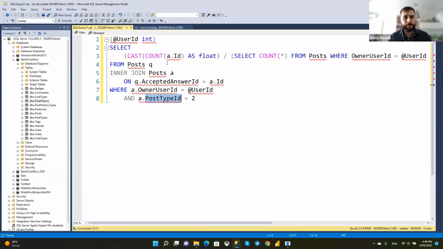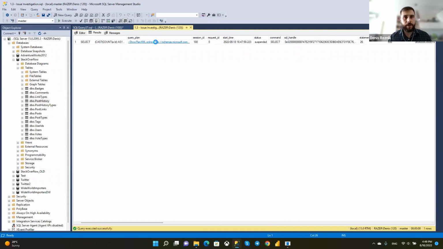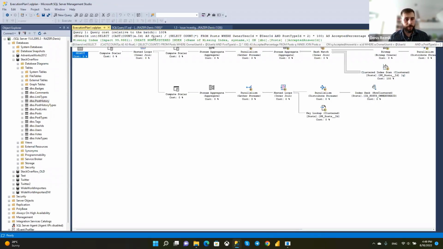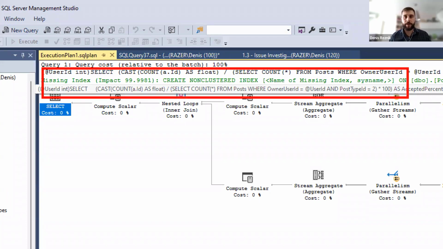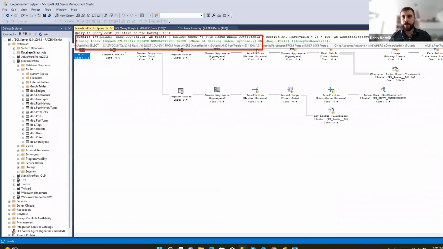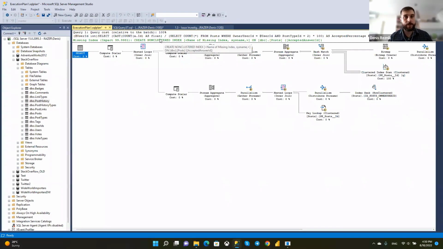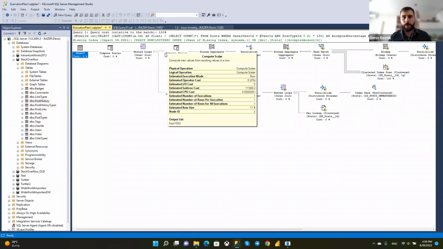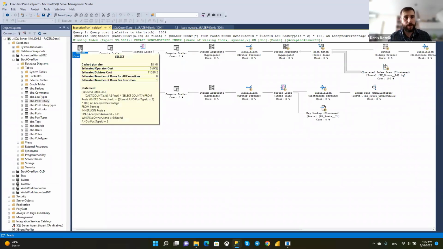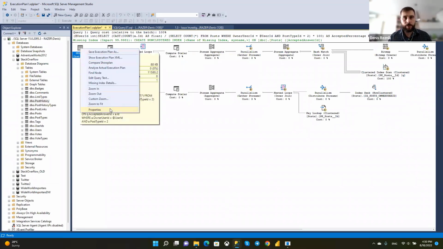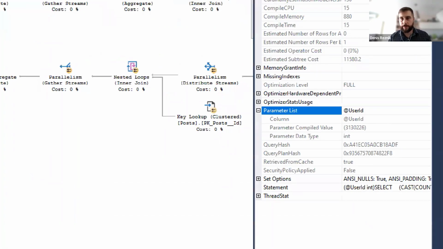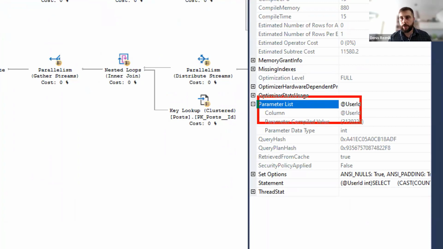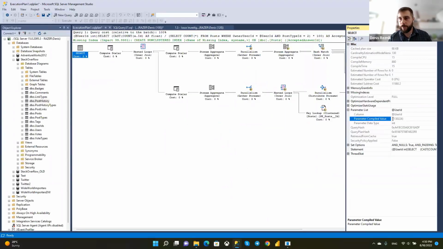We have the query text, and we can get the query plan. From the query plan, we see at the beginning that SQL Server suggests us to create an index. This can be a good suggestion, or it might be a bad suggestion. We have to try that. What I propose to do here, we can go to the properties and get the parameter list. And you see that this query was compiled with this user ID, 31302 something.